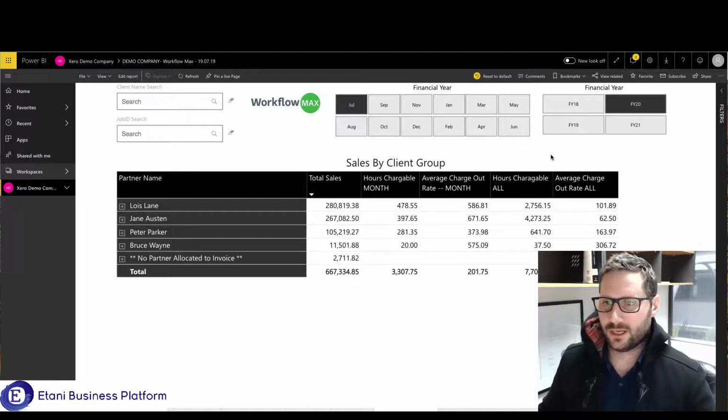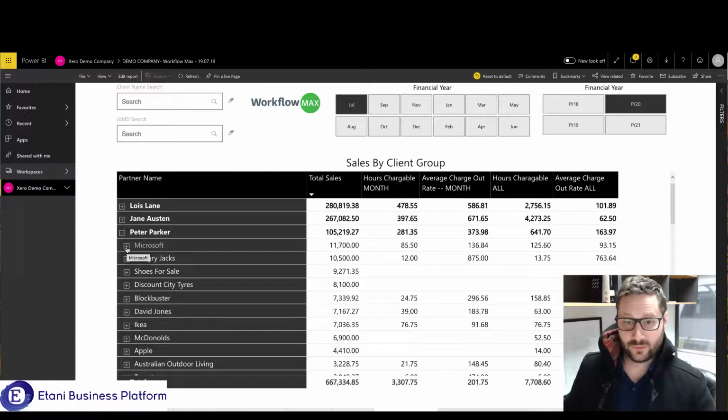So this is Power BI. So we're looking at July, financial year 20, just July, okay? So here, if we look at Peter Parker, who's one of the partners, he has billed 105 grand for the month, okay? So if we drill down into Peter Parker and have a look at one of his clients,